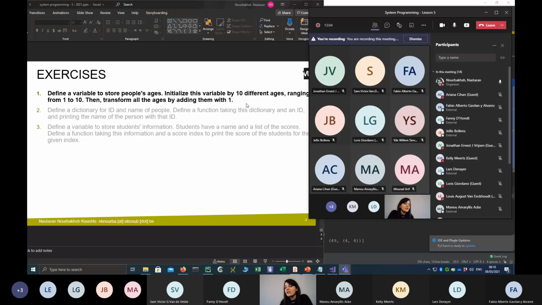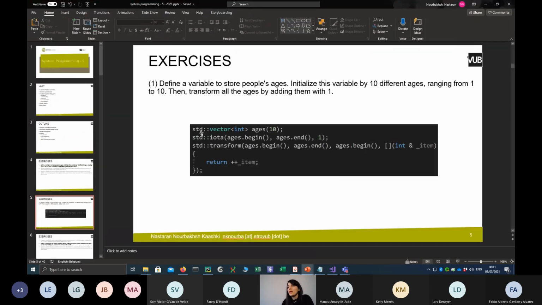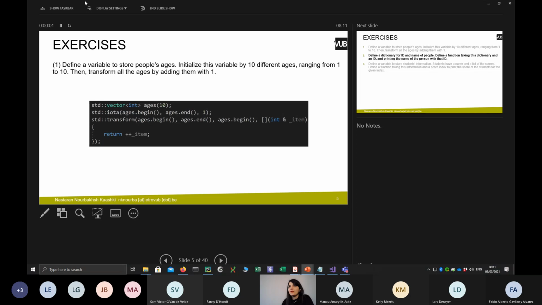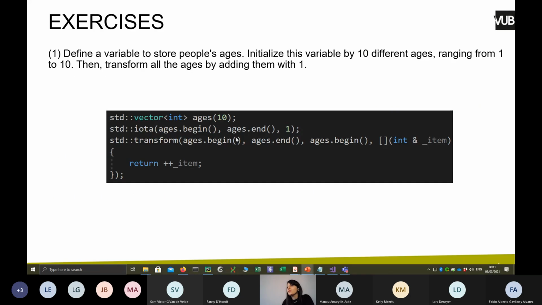With arrays, you cannot increase the length. You define it, you initialize it, and it's fixed. But using vectors, you can change the length during the run of your program. So yes, as your friend said, we will use a vector of integers, and since we know we will have at least 10 different ages, we set the size to 10. But as I said in the last lesson, it doesn't mean that it's fixed. It can grow, and it can also have fewer